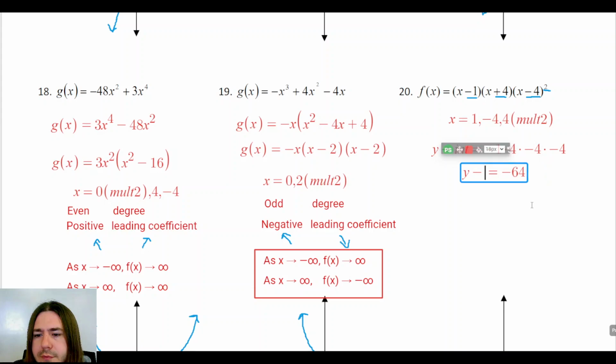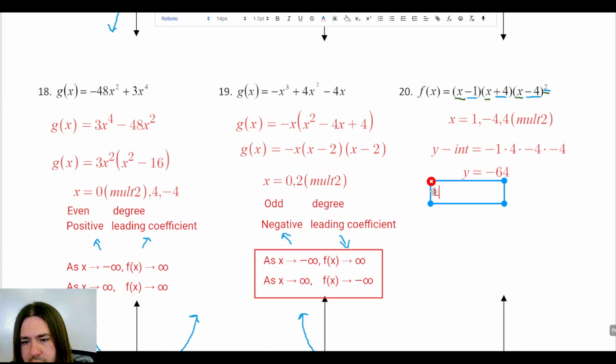So we've got that. Now for the end behavior, we're doing kind of the same thing as the y-intercept, except we'll just multiply out the leading terms. To get the leading term, I'm going to multiply x, and then x squared. I can't forget that this is actually happening twice. So, so I don't have to multiply the entire polynomial out, the leading term is going to be x times,